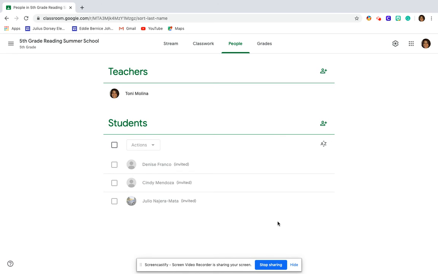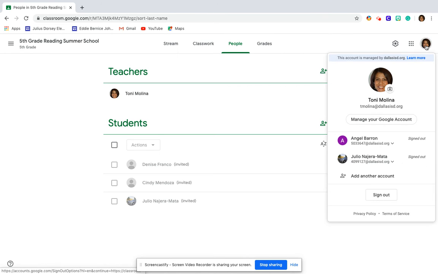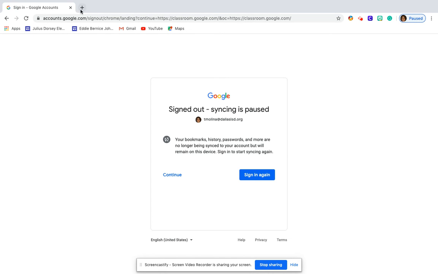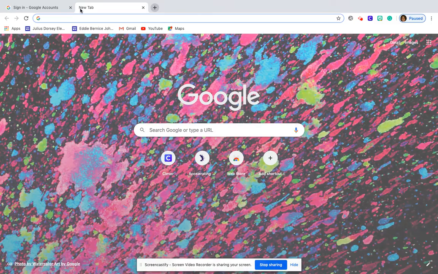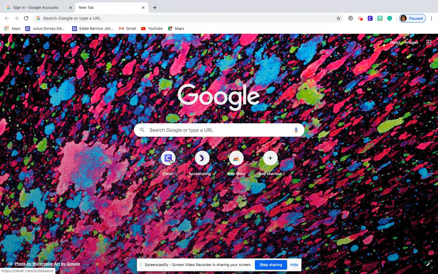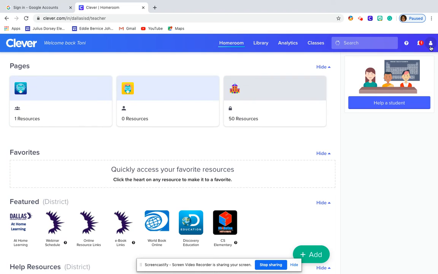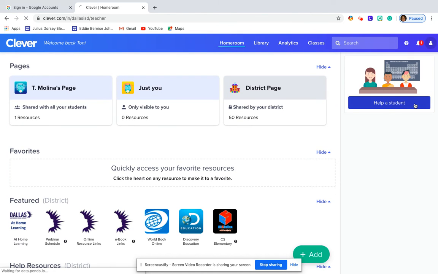And these students are invited so that you can see the flip side of this for the students when they go in. If you're going to walk them through, I would suggest signing out of yourself. So I'm going to go ahead and sign out as myself. I'm completely signed out. So I'm going to go ahead and go back through Clever. And I still may be signed in as myself. So I'm going to go ahead and sign out of here too